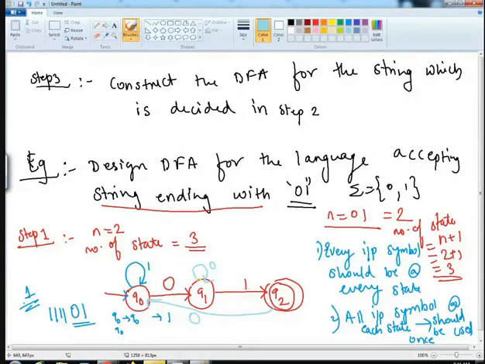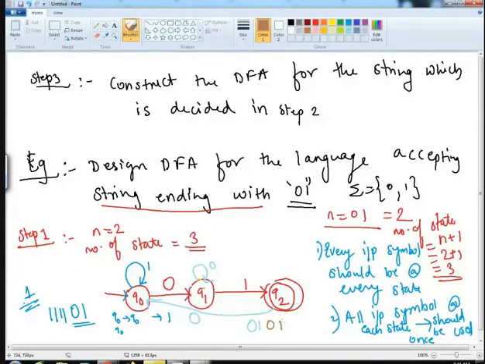However many times it has to go around, the machine will move. If it has to go to an accepted state, it has to follow Q0 to Q1, Q1 to Q2 path. So if I give an input 0, 1, 0, 1, the machine should go to an accepted state.